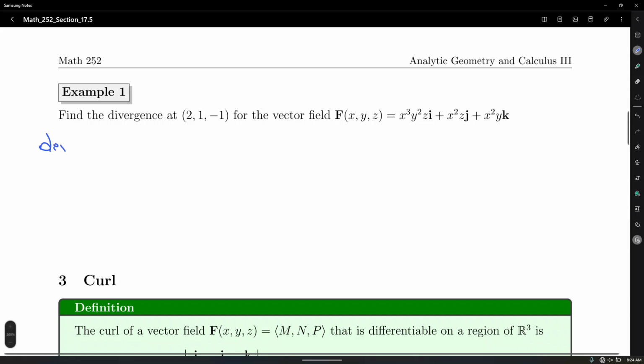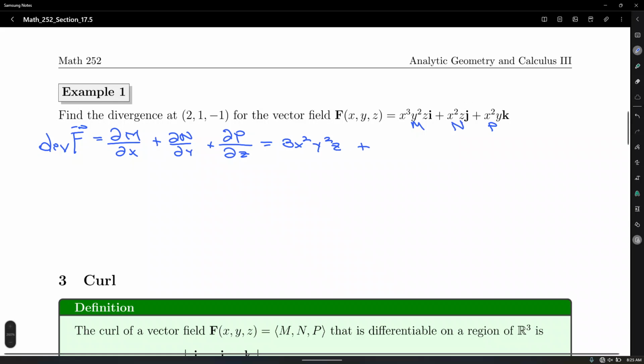So the divergence, div f, equals the partial of m with respect to x plus the partial of n with respect to y plus the partial of p with respect to z. All right, and again, this is m, this is n, and this is p. The partial of the component m with respect to x is 3x squared y squared z,